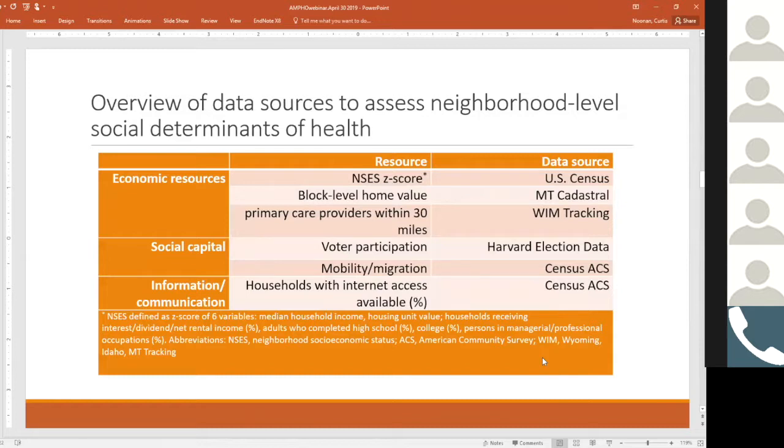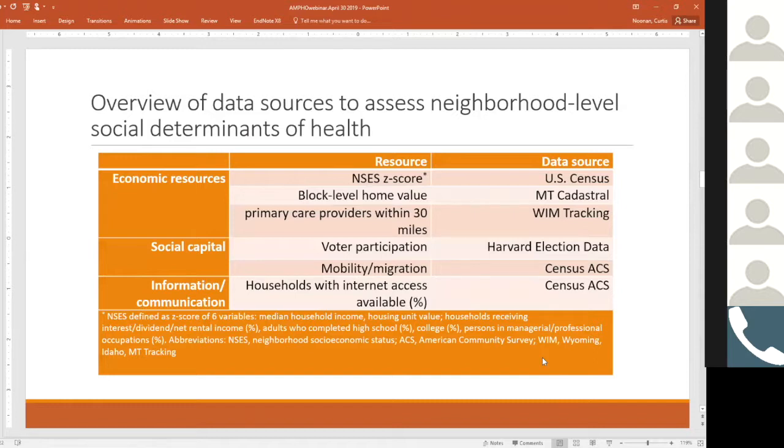And that would be using something called the Wyoming, Idaho, and Montana tracking system, which is a paid service that provides information about providers, health providers, and the density of health providers within different counties or neighborhoods, which can be a useful indicator of access to health. Social capital: there are a variety of ways to describe social capital, but